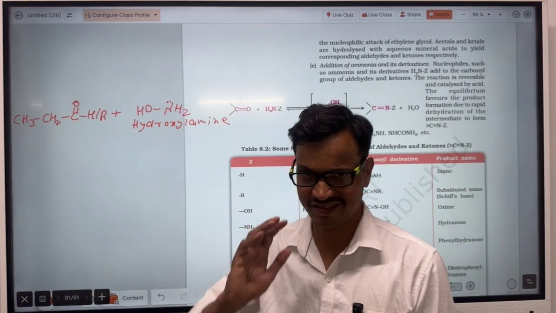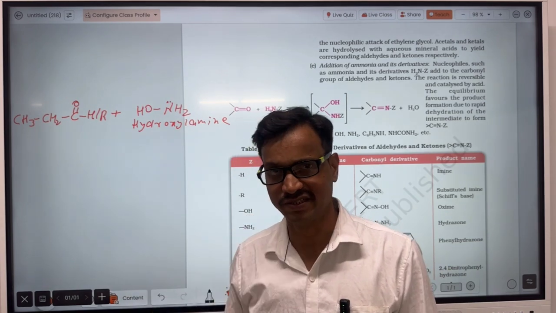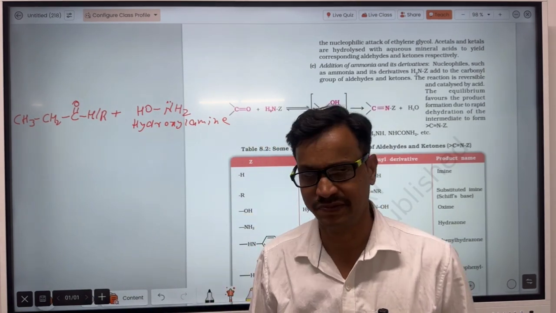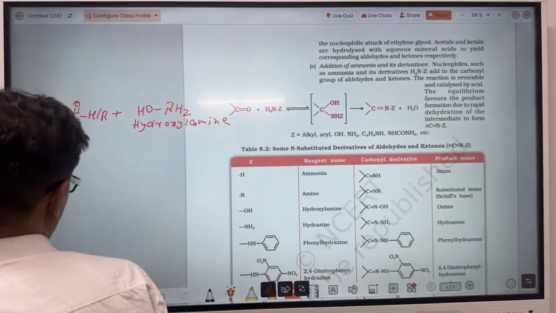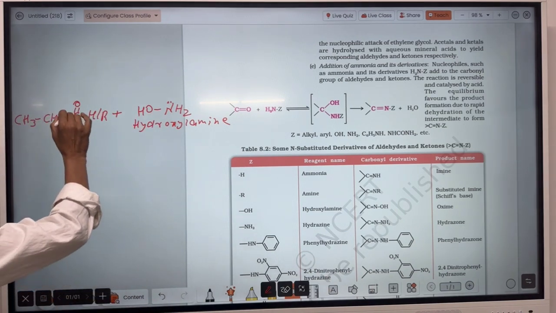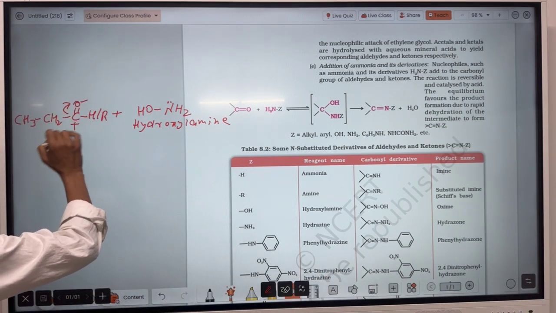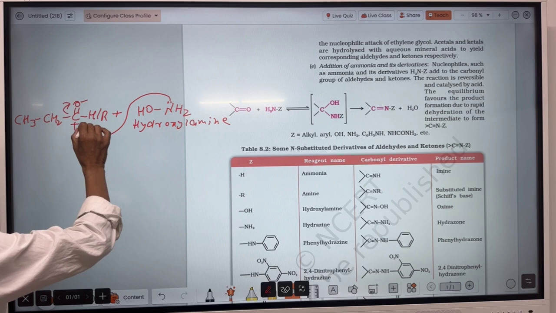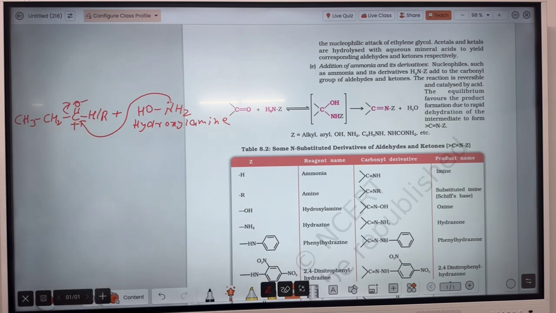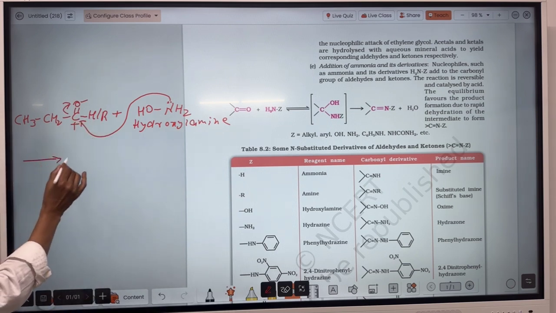Same procedure as we have done earlier. Same procedure will be here also, because there is a lone pair of electrons on the nitrogen. So oxygen will take the electron here, giving a negative charge, and here a positive charge. So this nitrogen will come to this carbon. So the compound becomes